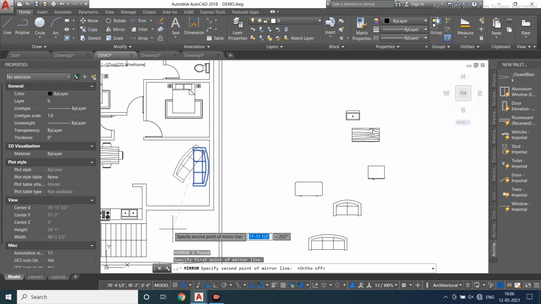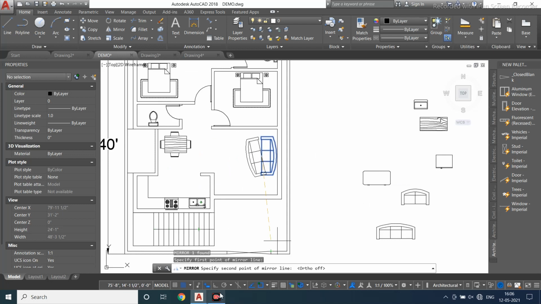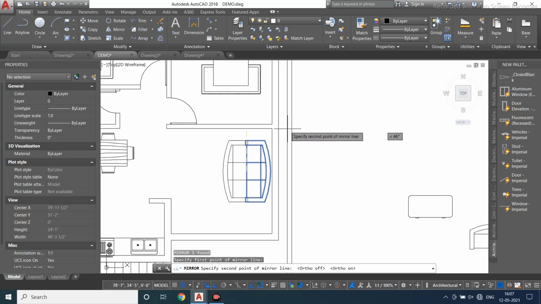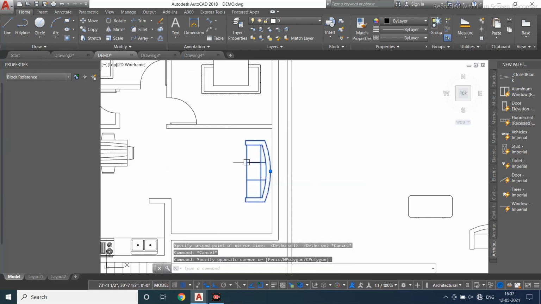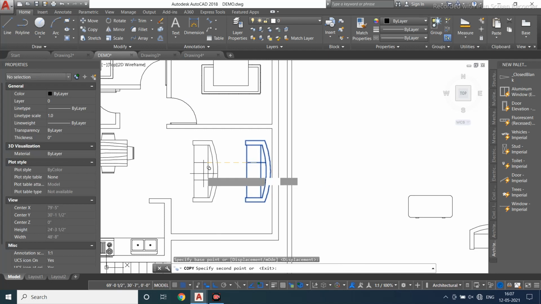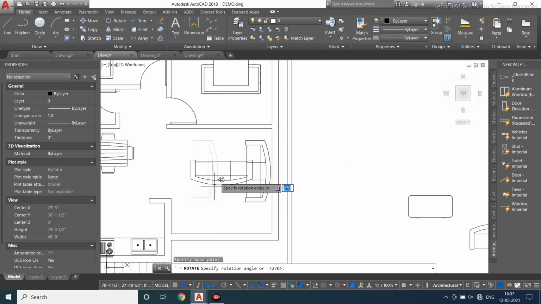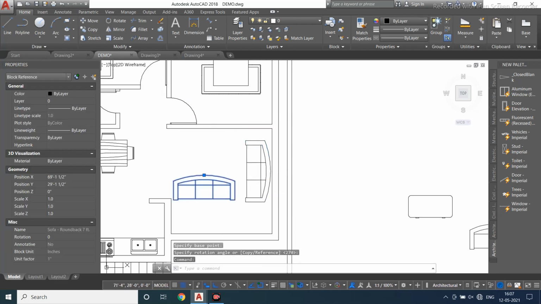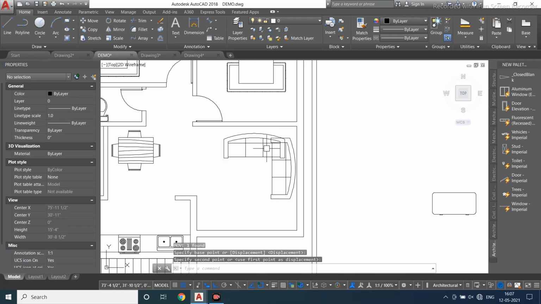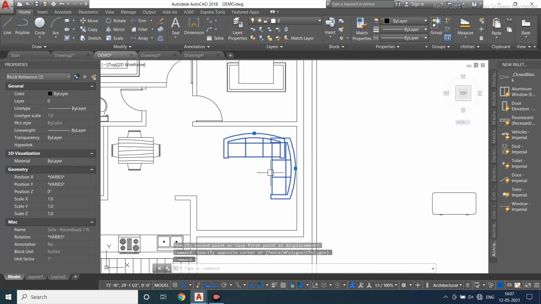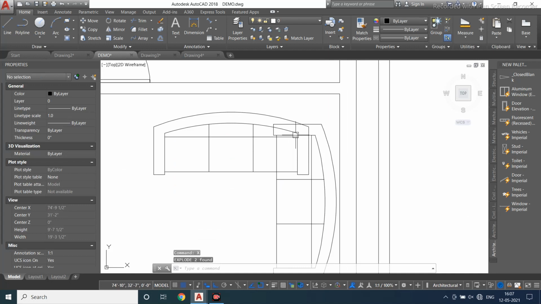Now copy. Here what I am trying to do is explode both.